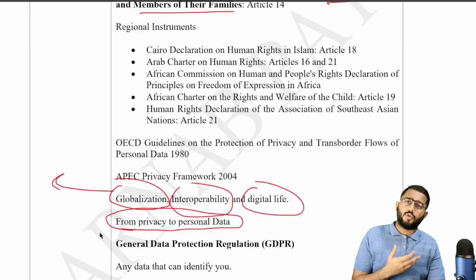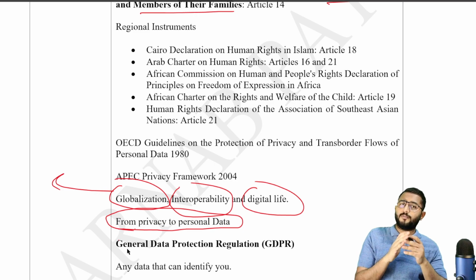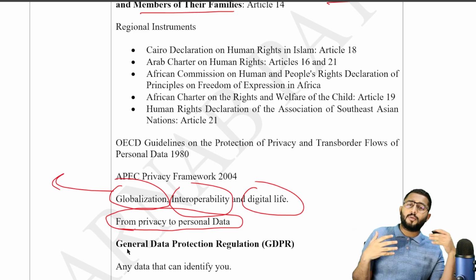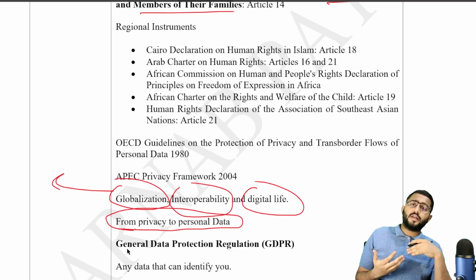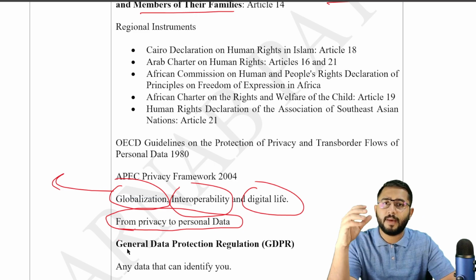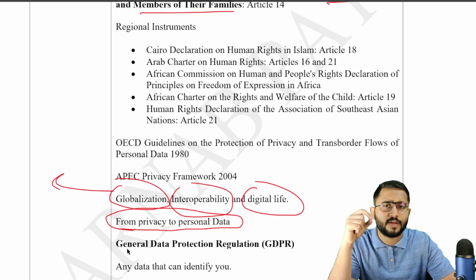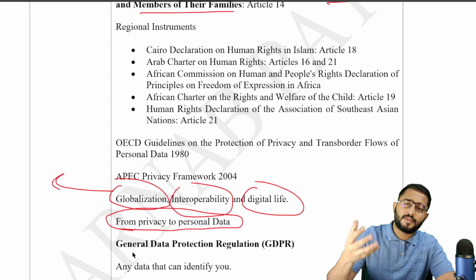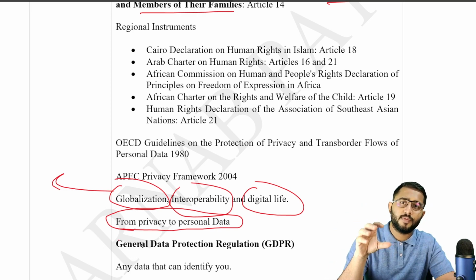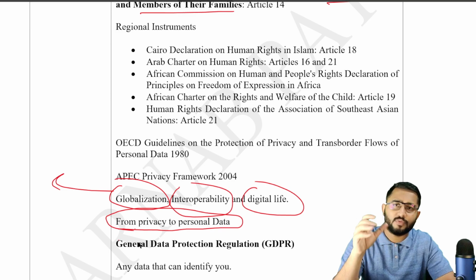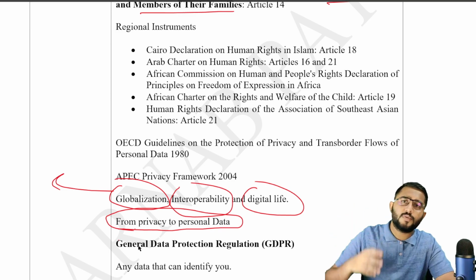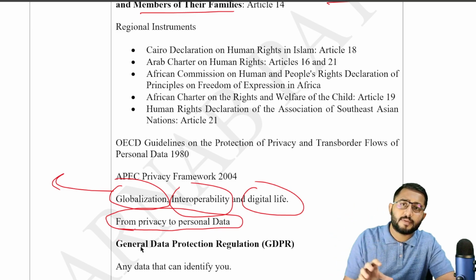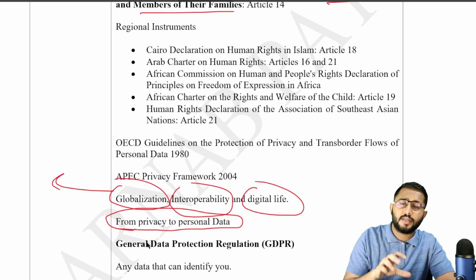We very well know what globalization is. The physical borders disappeared, right? Globalization means that the geographical borders disappear. And that's what happens with data, and that's what happens with our own private information. अगर आज मैं एक अमेरिकन वेबसाइट में जा रहा हूँ और अमेरिकन वेबसाइट को ब्राउज कर रहा हूँ, that website is going to throw some cookies at me. Cookies are nothing but data trackers on a website. These cookies will track what are the places I'm clicking, what are the other websites I'm visiting, what I'm doing,